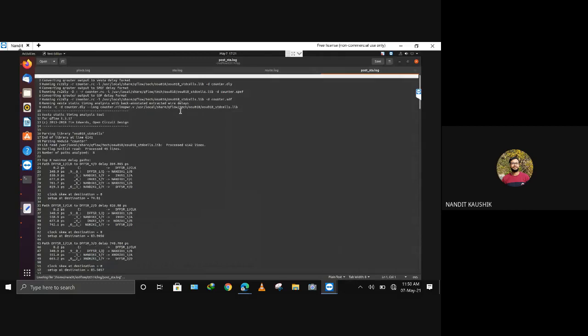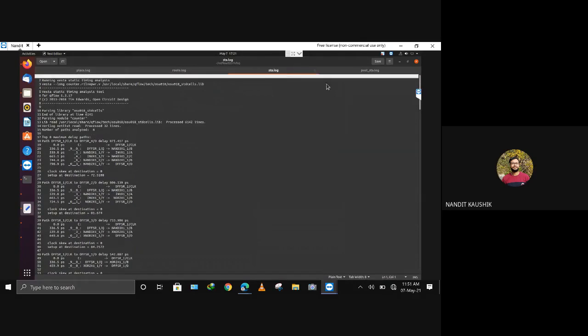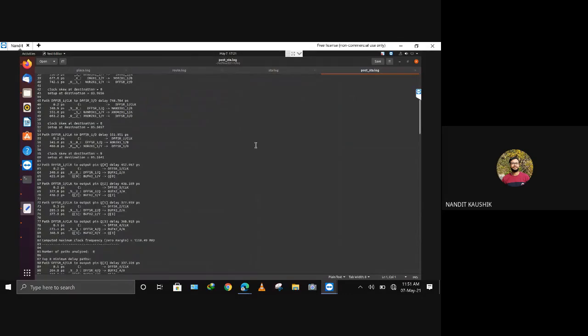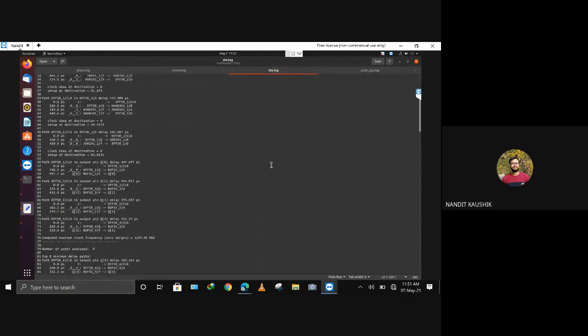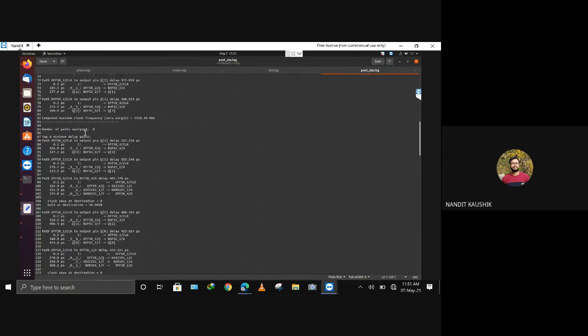Now if you go here again, it is opening the Vesta static timing analysis tool, and again the top 8 maximum delay paths after routing. Now if you look at this static timing analysis, it was 871 before routing, and now it is 894. So you can see around 20 picoseconds of extra delay has been added after routing. Similarly, you can see all the keywords. Now the clock frequency is this. Initially it was this. So after routing, there is an increase in the delay. Similarly, you can see the number of paths involved.